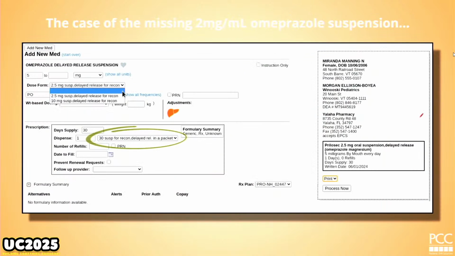If you've ever found yourself looking for omeprazole 2 milligrams, but you get to this entry and you're feeling pretty good, and then you say, Morgan, it's not in the list. This is the powder and packet one. I don't know if anyone even uses this anymore. You know how like Miralax, you get the little powder, you mix it up? Well, omeprazole has the same option. So it says suspension, because when you mix the powder in water, it's a suspension now, but it's not the one you want. So you will never see the 2 milligrams in here. That is one of the ones that the pharmacy has to manually compound.